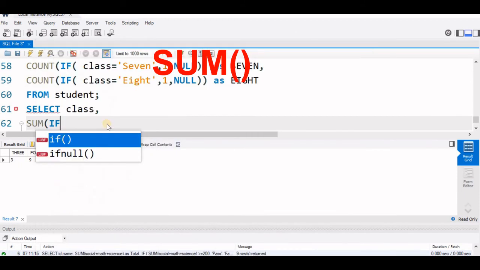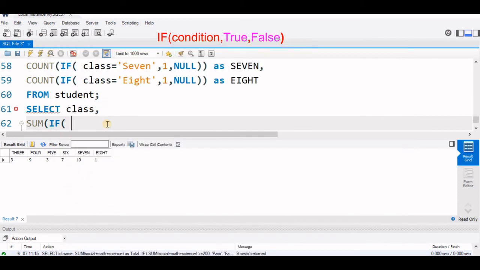Again if mark is less than, let's say 50, then we'll let it return 1, otherwise let it return 0. Now as, let's make it uppercase, as grade_C. So this is one grade we have given. If the mark is less than 50, assign it to grade C.